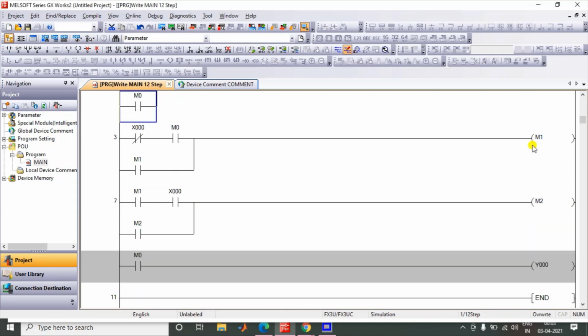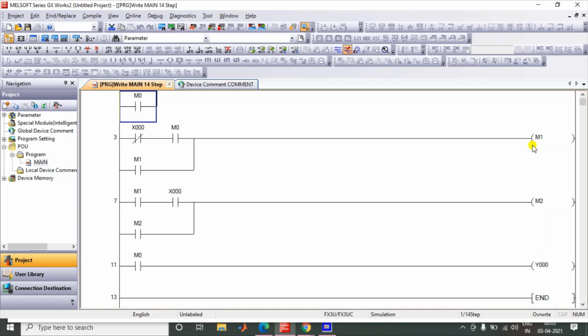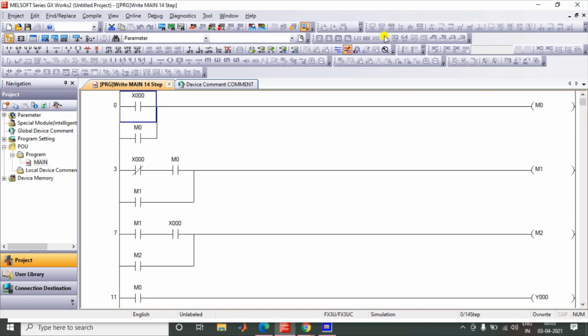If you see in the logic, when I press it, M0 is on. Till the last, M0 is on and my lamp is on.